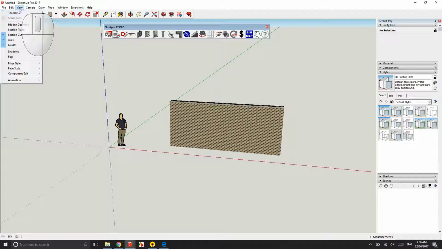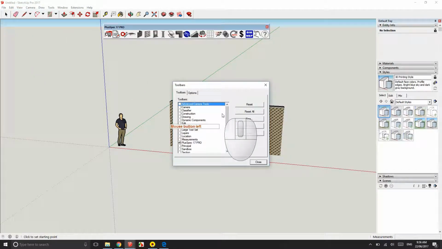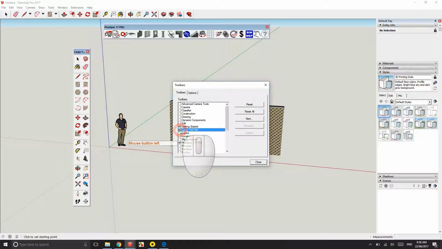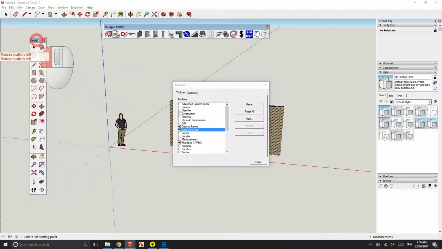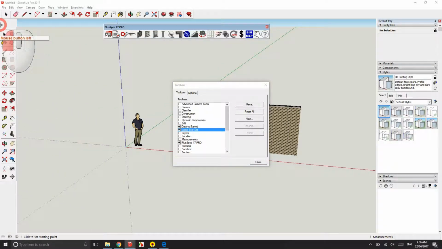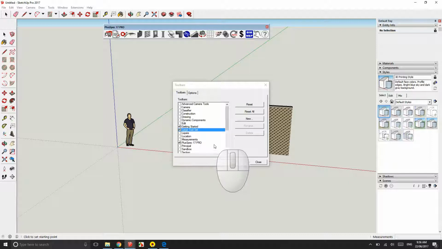So I'm going back to View, Toolbars, and toggle these on and off. I usually use Large Tool Set, and I always dock it to the left. It gives me a little bit more screen space. Okay, and I also like to use Views,